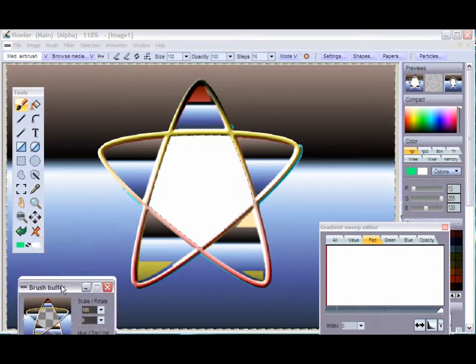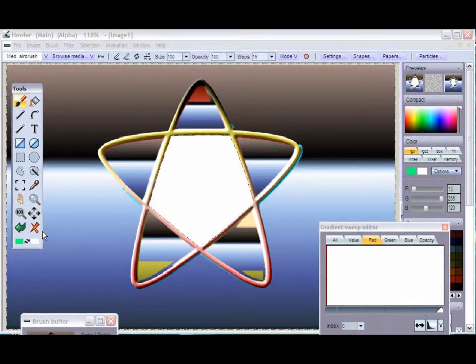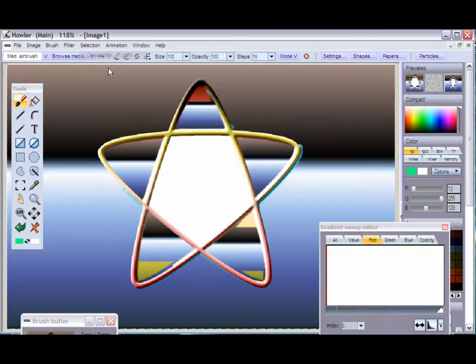Alright, so I got a brush now. That's a custom brush that I created, in which I used the curve tool initially to draw the shape, and then some fill gradients, and it's getting more sophisticated. And the thing I want to do with this now is, first of all, clear the selection again and start